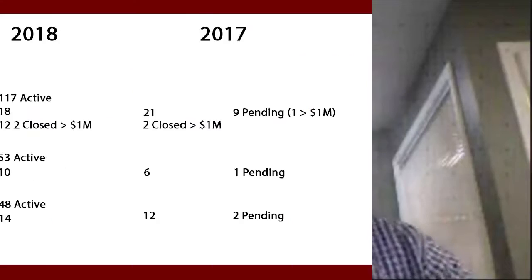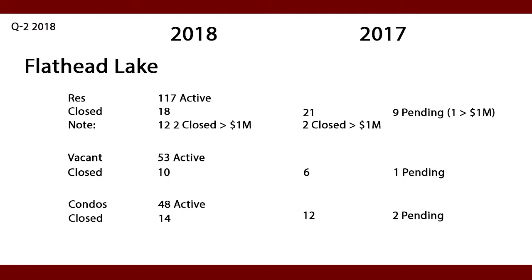Okay, so let's dive into that a little bit. What are the areas that you're seeing? Can you break it down by certain lakes around the waterfront? Yeah. Starting out with the largest one, and really the one with the most lake, I'll just go through those. We've got 117 homes for sale